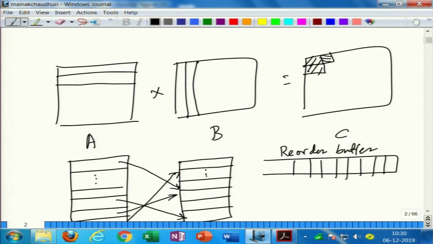Now, if you try to calculate how quickly it can fill up, so typically today, the size of this reorder buffer is